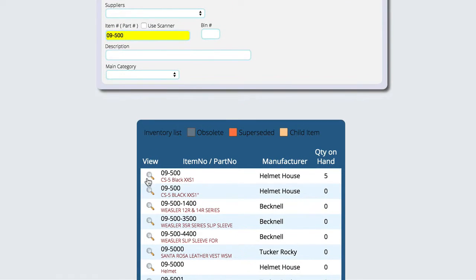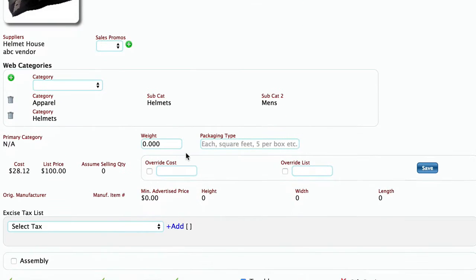And I just want to mention a few things here. So we have our category, which is the main category for the item. This is a helmet, or this is a belt. But on the website, we may want that thing to show up in multiple, and possibly even multiple subcategories of things on the web store. So this is where we can actually go in and assign as many different categories or subcategories to this item